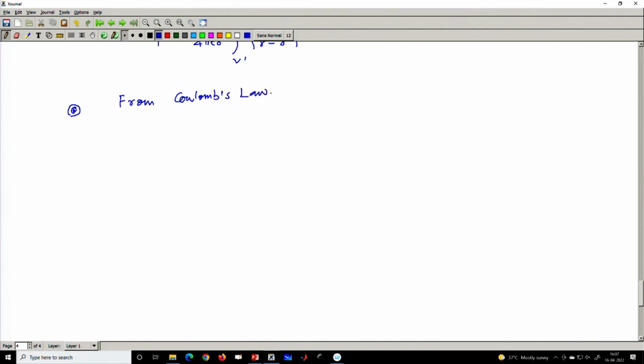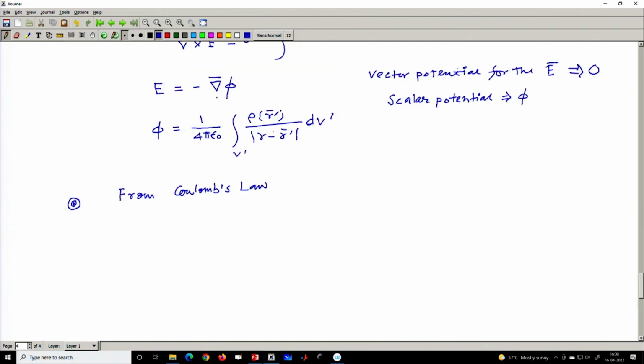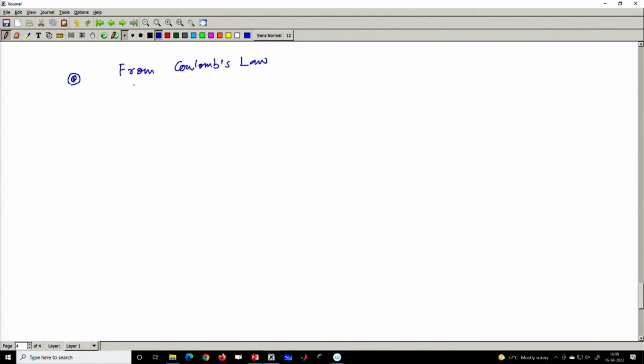Because Coulomb's law gives us the expression of the electric field. So, if I take the gradient of that, if I write this electric field in terms of a scalar potential in this way, then I can extract the information of the scalar potential. So, let us try to do that. So, my electric field I can write here in this way,